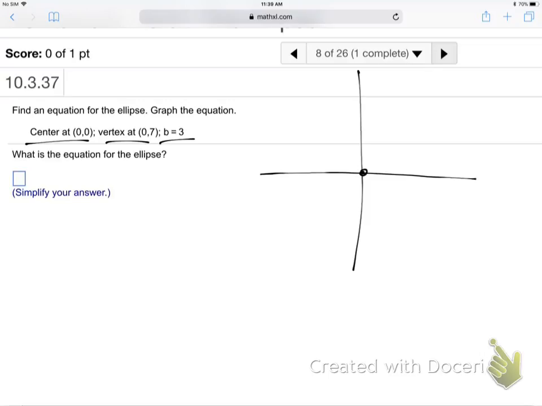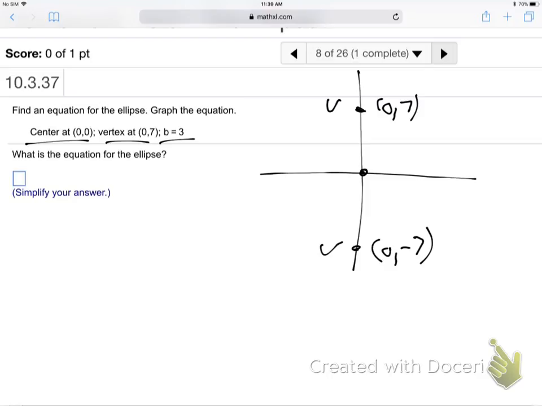Center 0, 0. And so 0, 7 is a vertex, so the other one's got to be 0, negative 7, huh? And right away, does everybody see? Right away, because they are saying those are the vertices, the